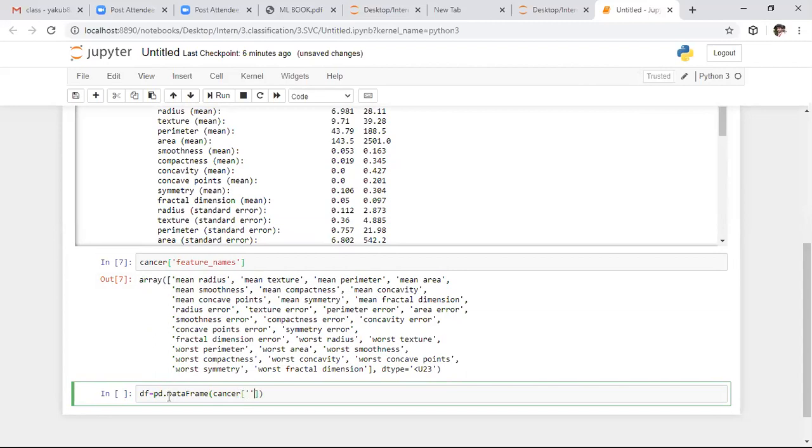Here, I want to set columns equal to the dictionary keys we need to consider as columns. Columns equals cancer of feature names. We need to consider all the feature names as column names.